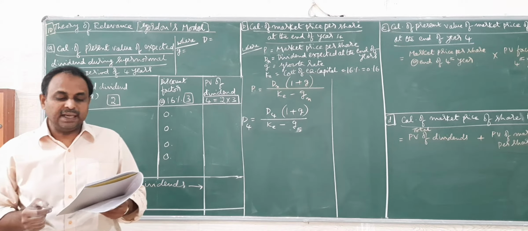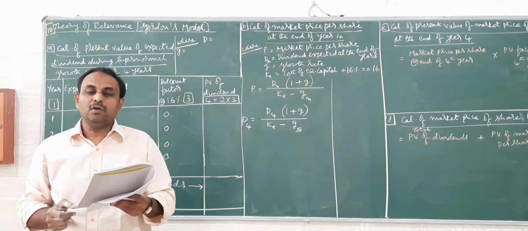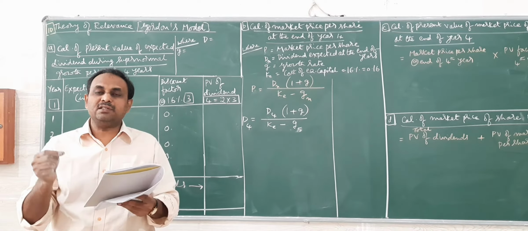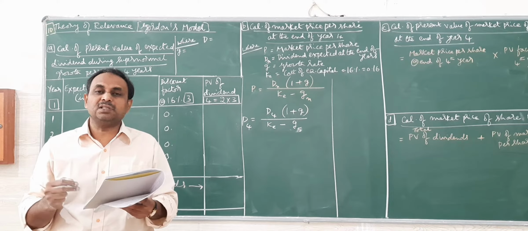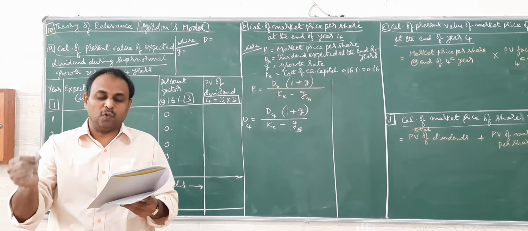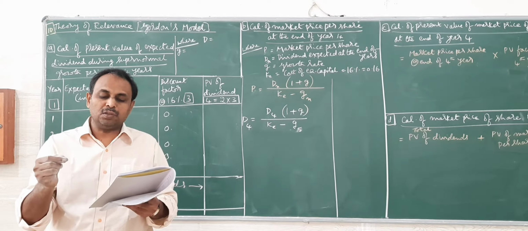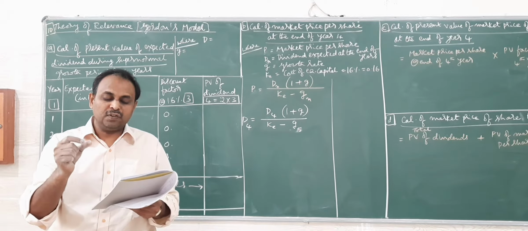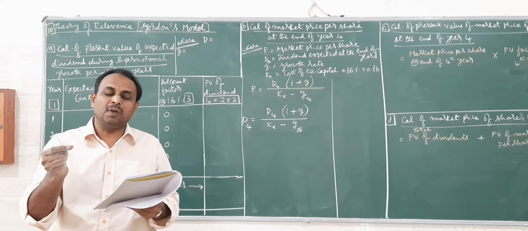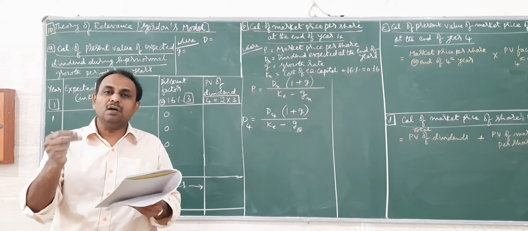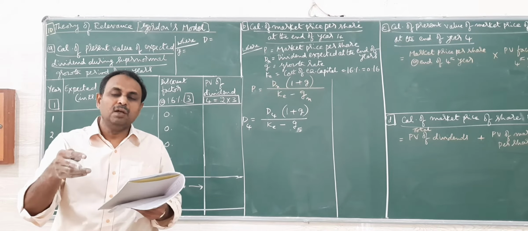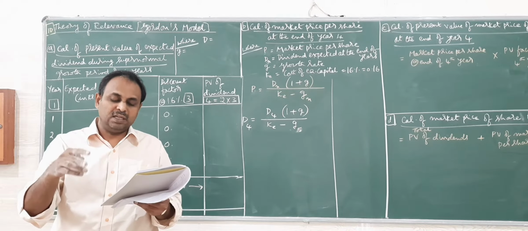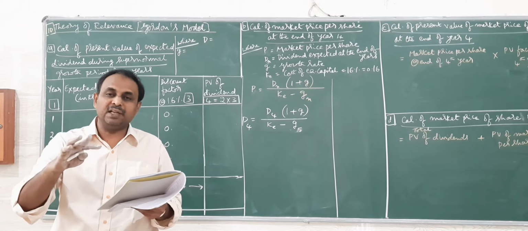The company is expecting a growth rate of 12% per annum for the next 2 years. The growth rate is likely to fall to 10% for the third and fourth year. After that, the growth rate is expected to stabilize at 8% per annum. That is, after the 3rd and 4th year, 8% is applicable for the 5th year. So here the growth rate is not the same. The first 2 years is 12%, next is 10%, next is 8%. It is changing, it is not remaining the same.